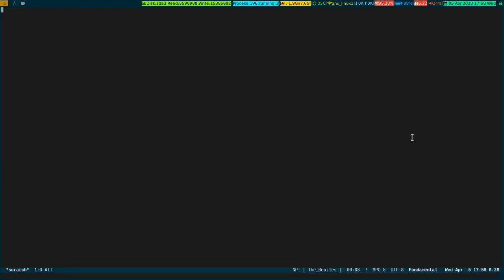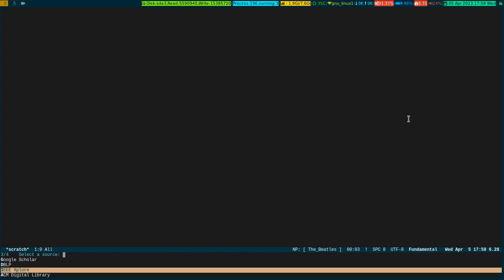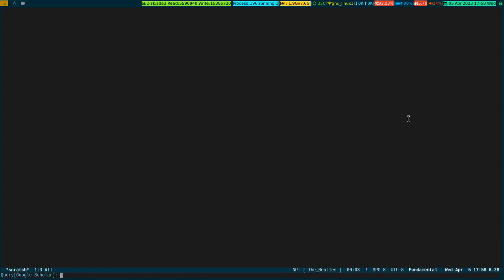I have bound that gscholar-bibtex package, which I found on GitHub, to a keybind, Control C N G. Now you can see at the bottom of the screen, it is showing me four entries. One of them is Google Scholar. If I press enter, it is asking me for the query. If I write "Emacs is wild", just an arbitrary one, and press enter,